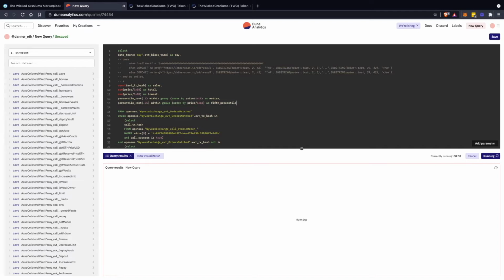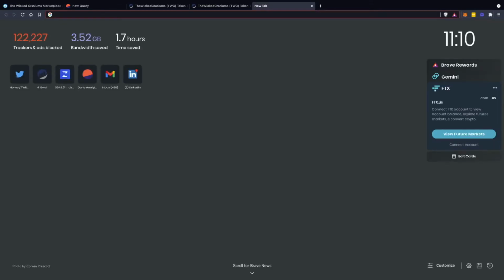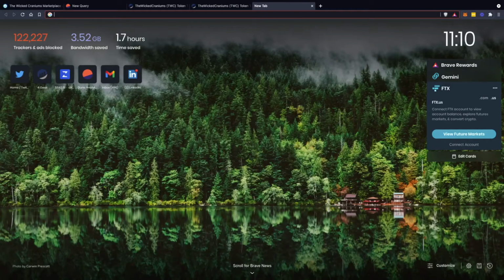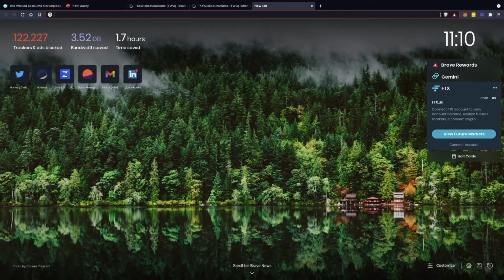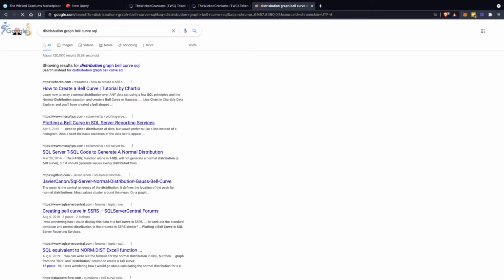I wonder, can we do some sort of distribution graph in Postgres, like a bell curve? Might need to choose something like